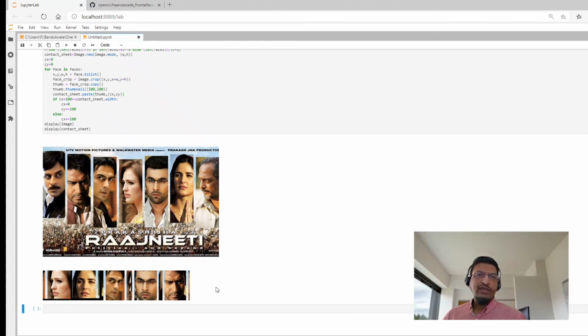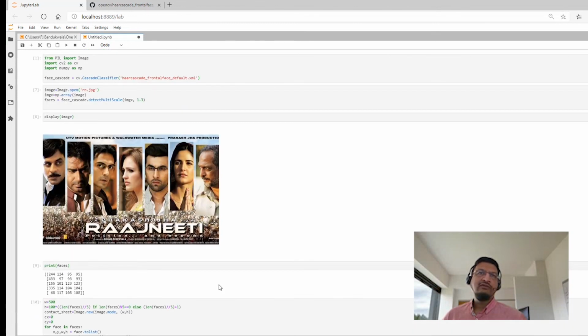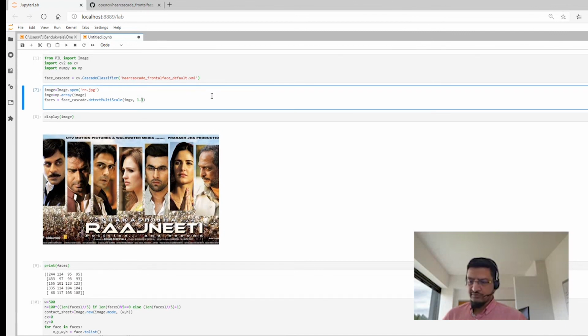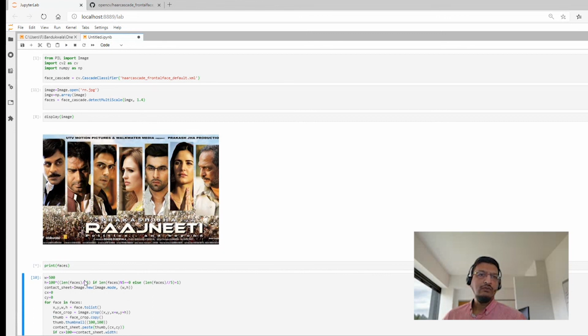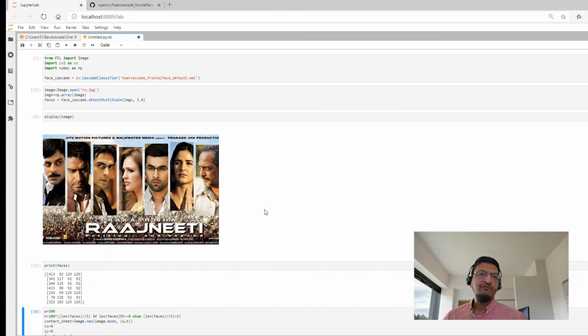Now, you can influence the number of faces it identifies by changing the parameter in the face cascade. Let's see what happens with 1.4 instead. It had found 5 faces earlier. Now it found more faces.